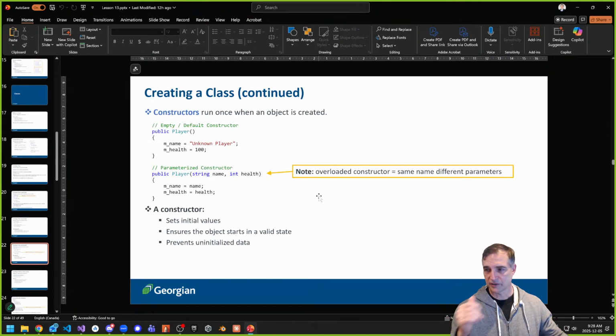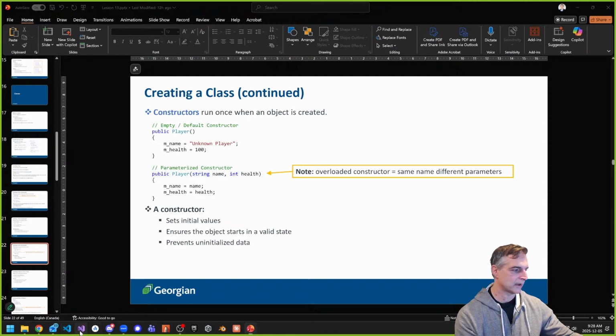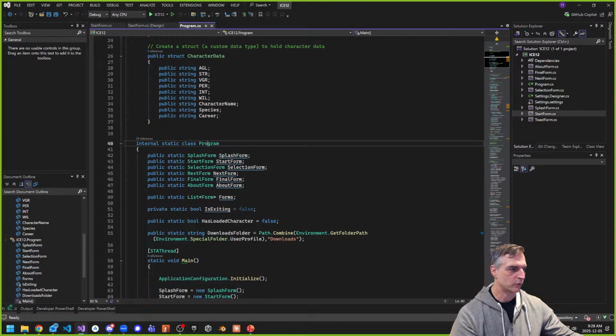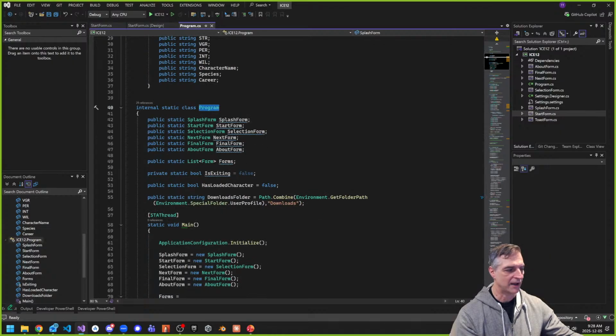We talked briefly about constructors, and really there's two types that I've ever seen. Maybe three, and we'll talk about the third one today as well. A constructor is just a special method that has the same name as the class. So again, if I was to go back to our example, we have the class name program, but you notice that we don't have the program method, because this is a special type of class. We're not talking about it this semester, but it's a static class.